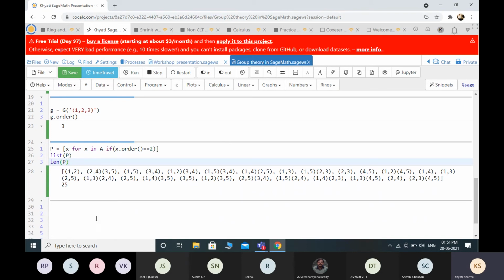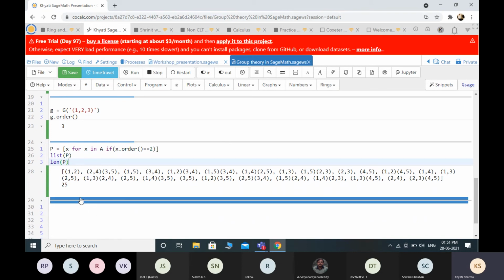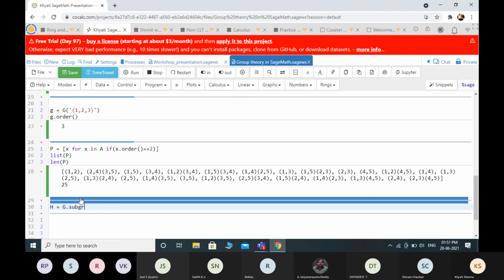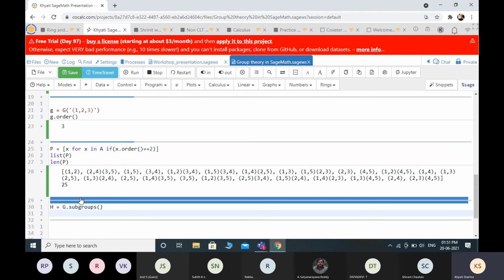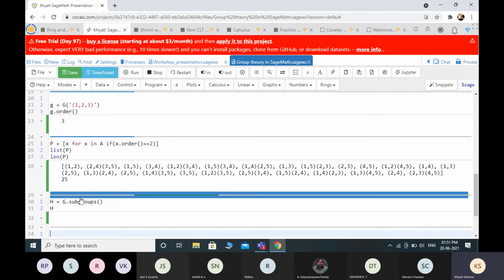So now I am moving forward. Any question till now? So next I am moving towards the subgroups. Suppose by H I am defining the list of all the subgroups. So G dot subgroups. So what is this H?